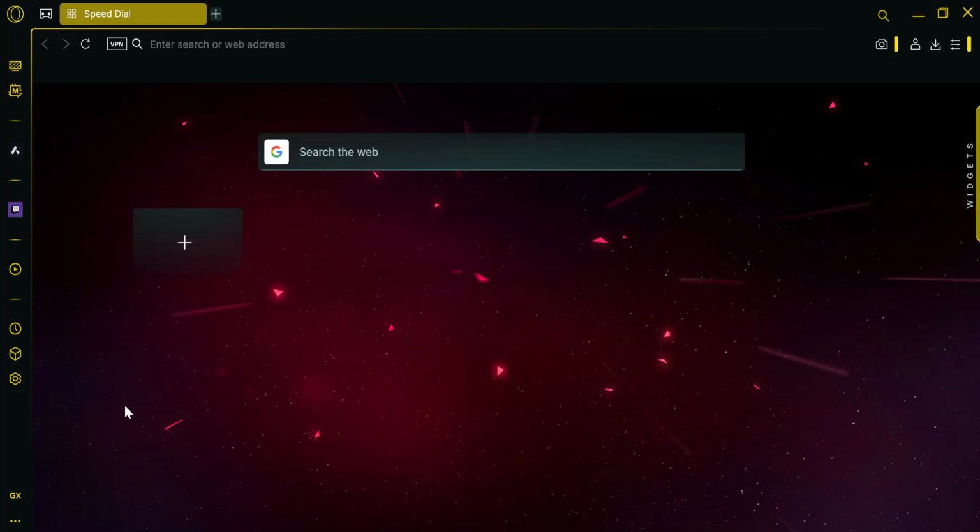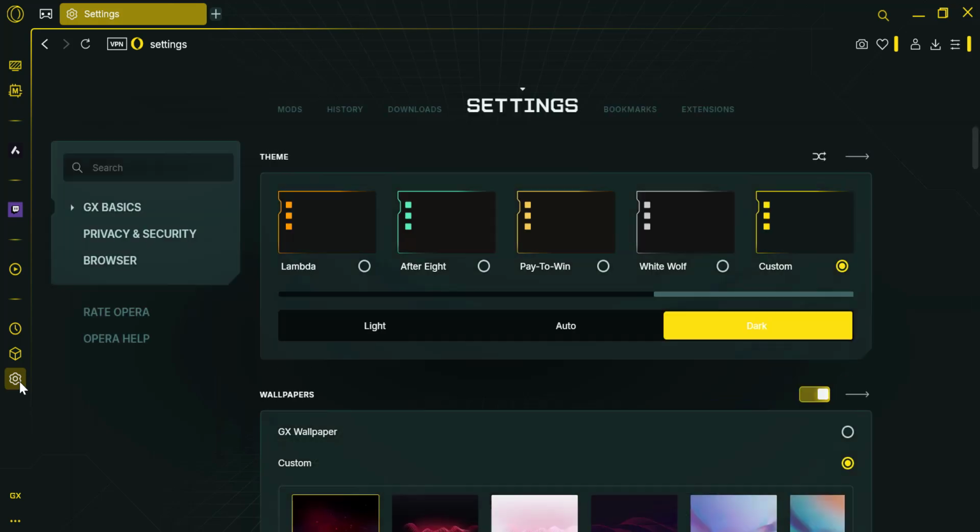First, open your Opera GX browser. Next, click the icon Settings. Or you can simply press Alt+P on Windows or CMD+S on Mac to open the Settings menu instantly. In the Search tab, Location,